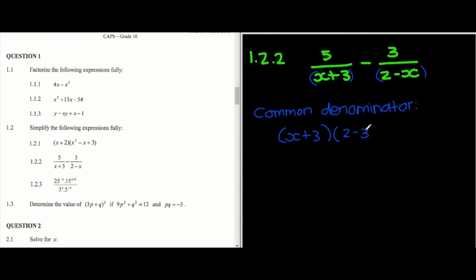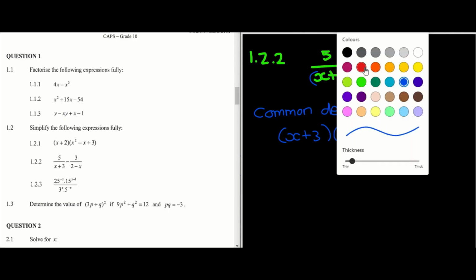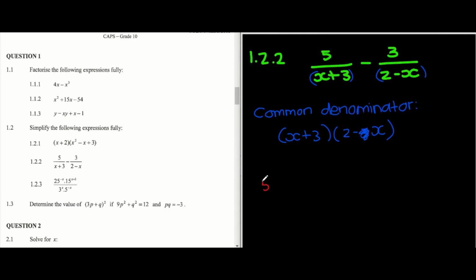2 minus x. Okay, so that is what we are going to do. So to get that, we have to multiply the terms by whatever they are missing. And we are able to do this if we multiply the top and the bottom by the same term. So essentially, we are going to say this 5x